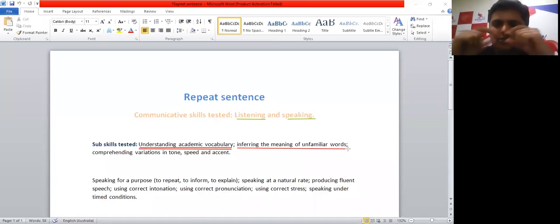So when you listen to a particular word within a sentence, you should be able to identify the meaning of the word from the surrounding information that you've listened to. So for example, if the sentence is